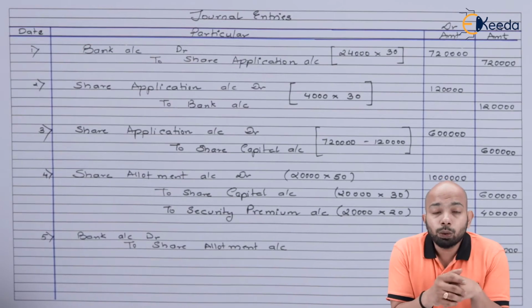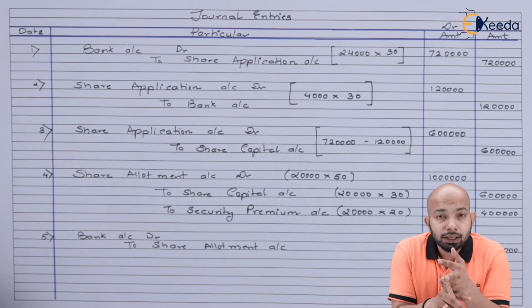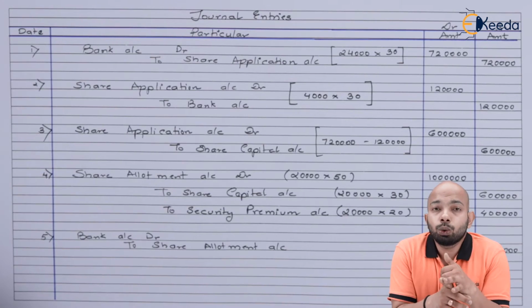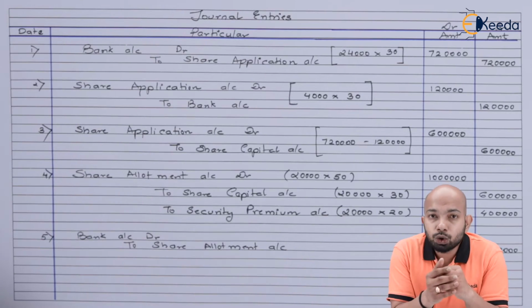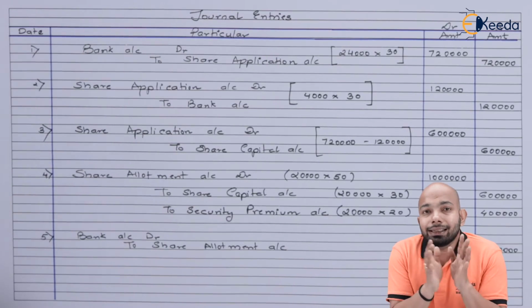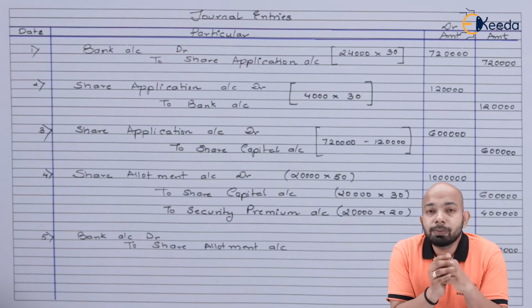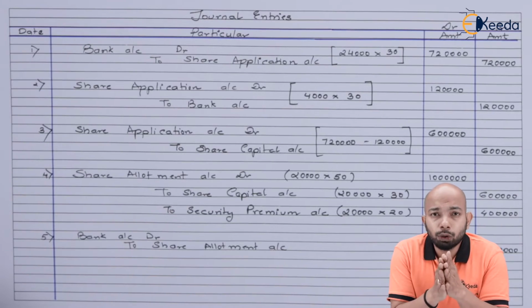Now, unlike any other question, in this question we don't have any kind of pro rata. Hence, there is no adjustment in terms of allotment money being adjusted or anything like that. In this question, there is nothing related to oversubscription at a major level whereby pro rata is supposed to be taken into consideration. Hence, these are the basic entries that we are passing. After this, we'll be going forward towards mentioning the entry of share first call being due and receipt of it.